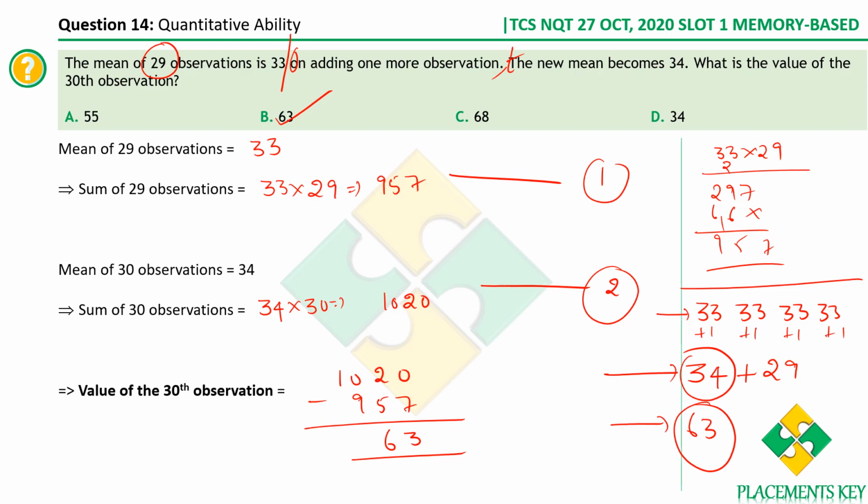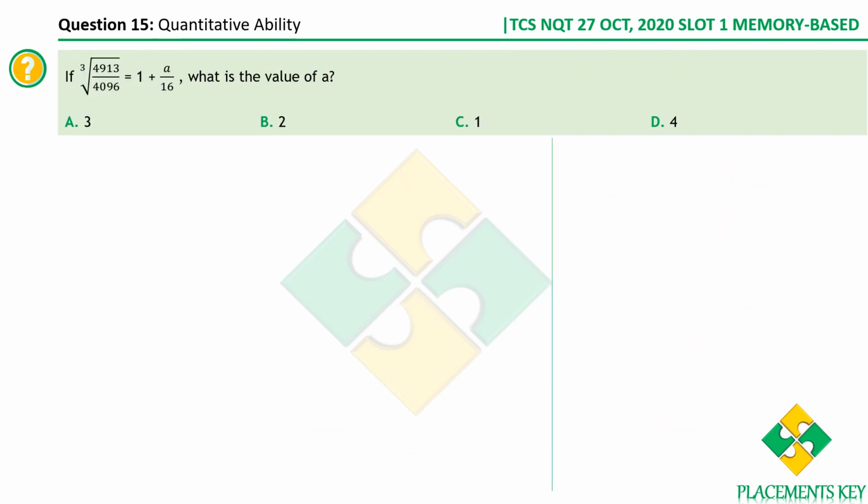Now what happened? There is a new person. Because of the new person, each of these guys have got one more chocolate. So there were 29 such people. So effectively the new person should come along with 29 more chocolates than 34, because it's equal distribution finally. So each of them should have 34, right? So this guy should also have 34. Along with that, he should also have 29 in excess to give one each to the remaining 29 people, so that you get his value should be 63. Right, let's move on to the next question.